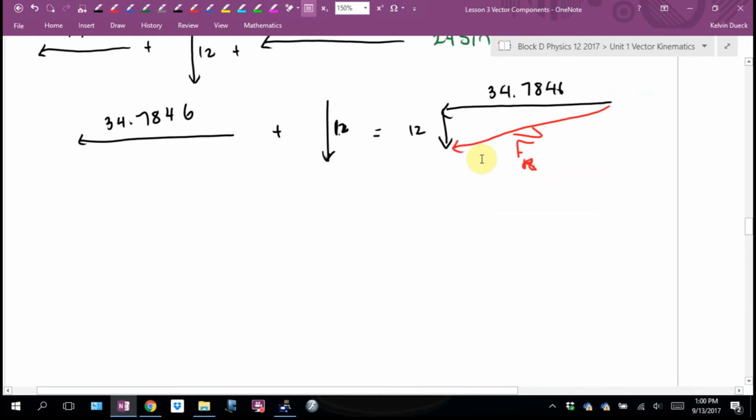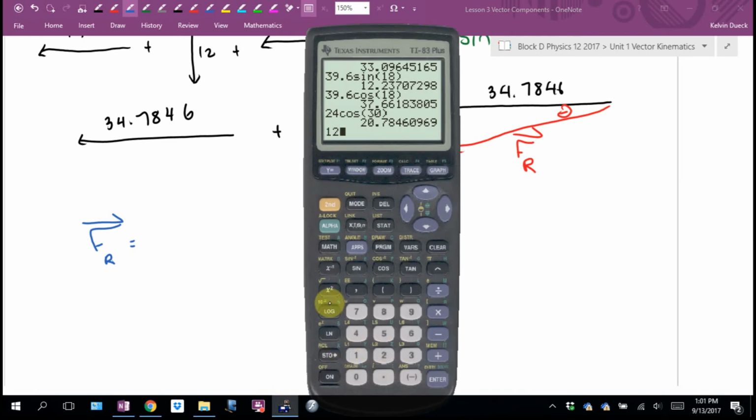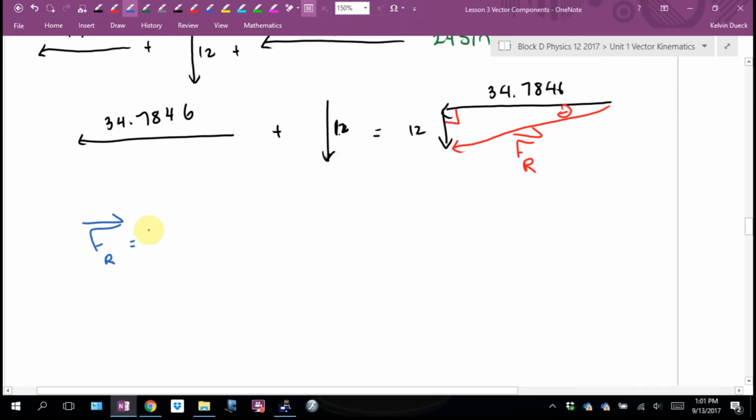Hey, now I'm in familiar territory. A little Pythagoras, a little shift sine, cos, or tangent, and away I go. Theta is going to go there. So the resultant is going to be 36.8. Now, final answer, I'll go to 3 sig figs. Is it 36.8? Anybody else? Yeah. Yep. Newtons at